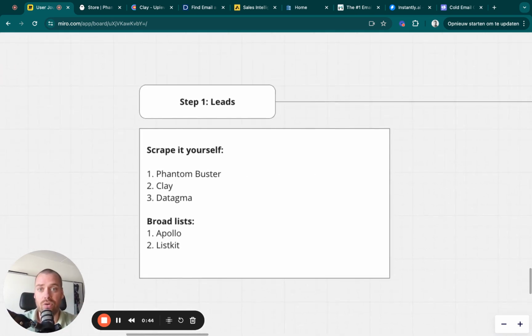So the first step, of course, is finding the leads. And you can do two things. You can scrape the data yourself, or you can buy a broad list. With this list, it's a little broader without intent, and you can go and do that cold outreach on them. To scrape it yourself, for example, from LinkedIn or from Instagram or from Google Maps,